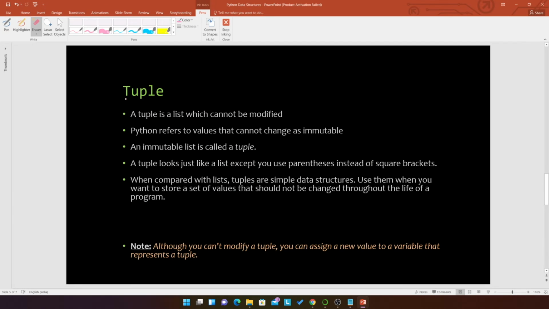Now we come to the next type of data structure, that is tuple. So tuple is basically a list which is immutable. By immutable I mean that we cannot change the value of the items that are present in this list. These are comparatively simple data structures, and they are used to store values such as configurations which are not often